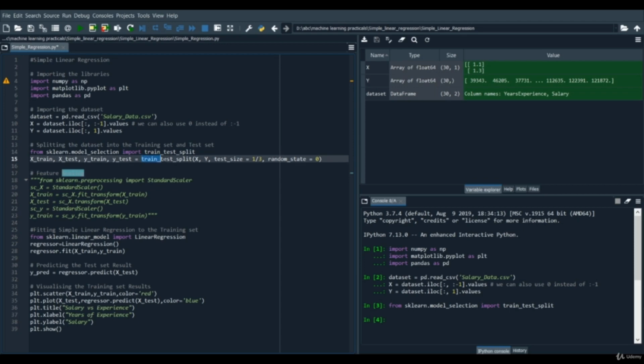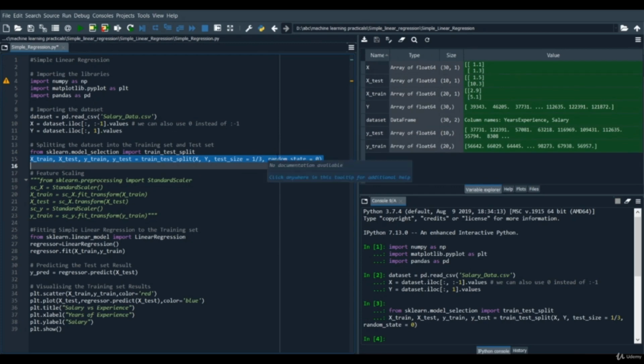So we use the train_test_split function here and pass the independent variable first and then the dependent variable, and then we use the test_size parameter and assign the value 1/3. It defines that it's going to fetch 33% for the testing data and 66% for the training data. And then we assigned random_state equals 0, so it's not going to pick random data rows from the data variables. Now after that we are not required to pre-process our data because the data is already pre-processed. So we are going to create our model. Let's execute this line of code first.